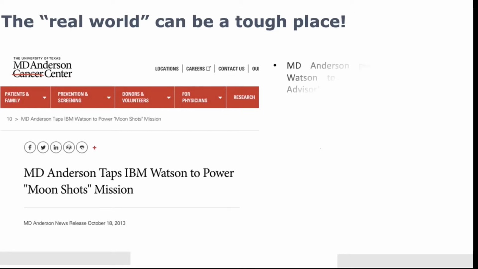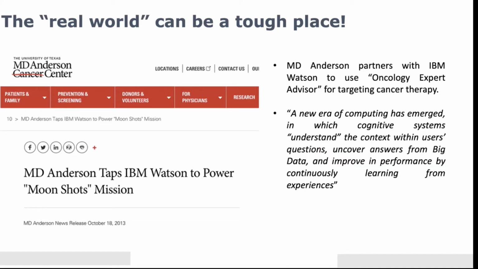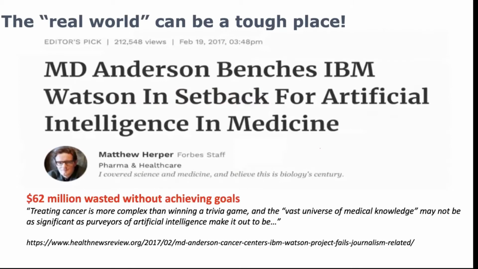As the newspaper talks about, they were building this oncology expert advisor for targeted cancer therapy, and even though this was a fantastic team and a fantastic setup and a great idea, because they were not really meeting a need within the niche they were looking for, it ultimately didn't do well. According to this author, $62 million was wasted without achieving the ultimate goals.